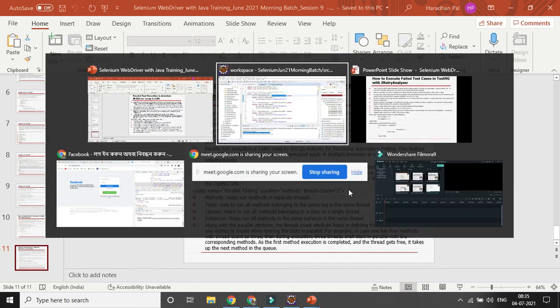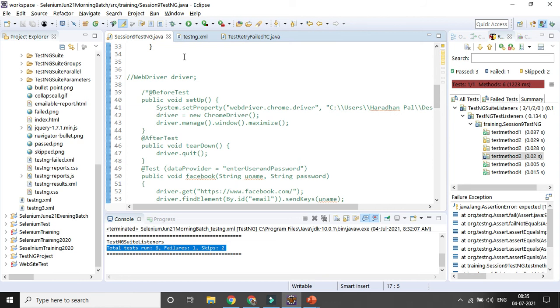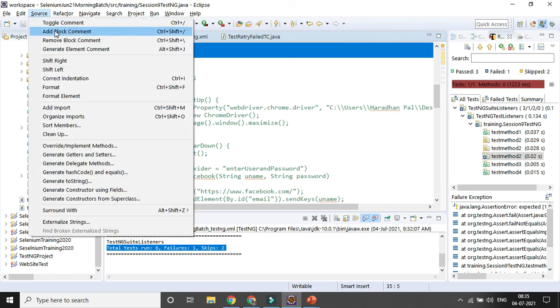So let's go to your class. Let's comment out these lines of code here. Let's try to add a few lines of code.